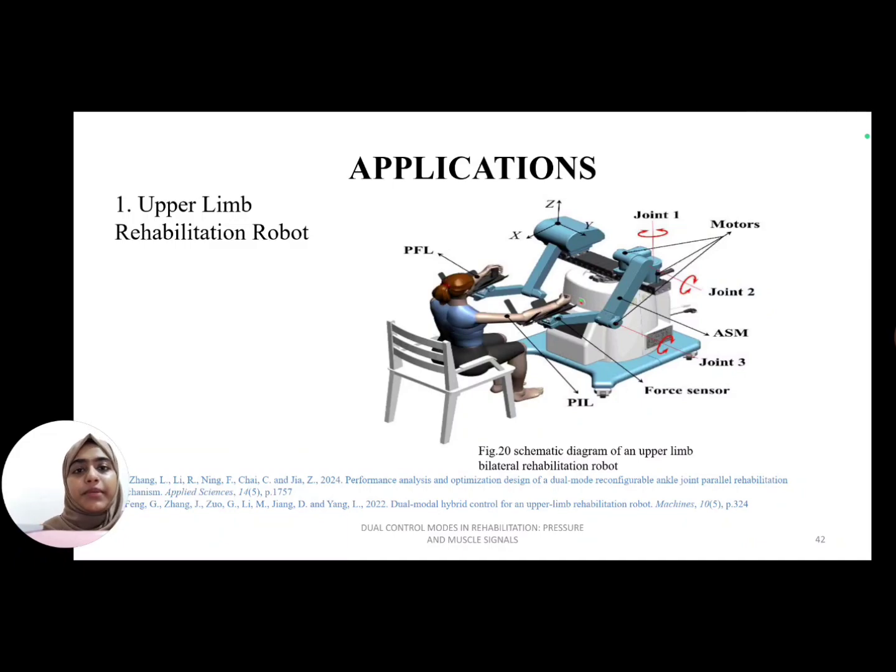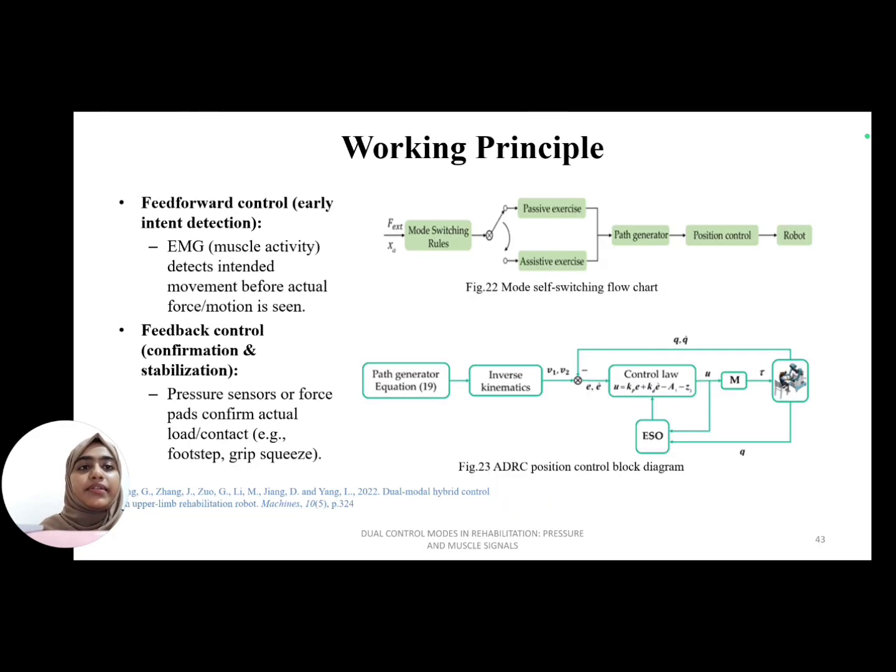We move on to the main applications of dual mode control system. The first one is the upper limb rehabilitation robot. Here is the schematic diagram of an upper limb bilateral rehabilitation robot. The first one is the mode self-switching flowchart, and the second one we have is the ADRC position control block diagram. So mainly it uses